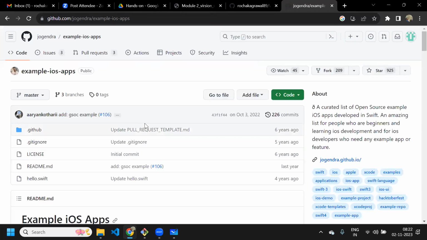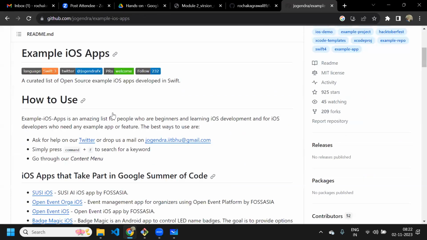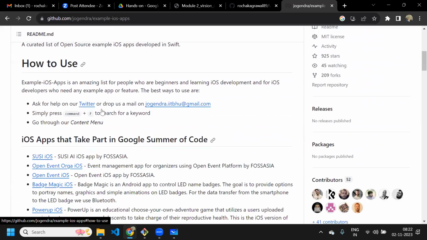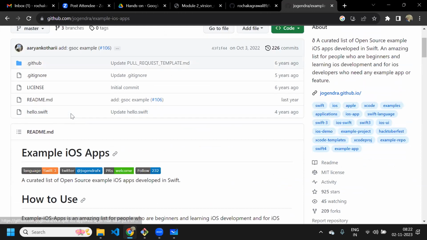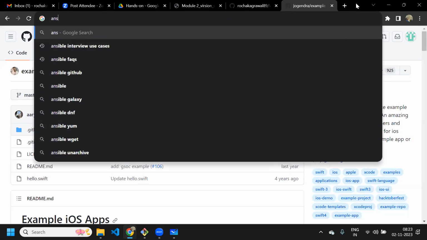Okay. Now this repository is there. This is something, for example, iOS apps. So I'm not bothered about what is the content of this repository, but let's say you are working on something and you are finding there is some repository which has useful content for you. Okay, so let's say I'm deploying Ansible